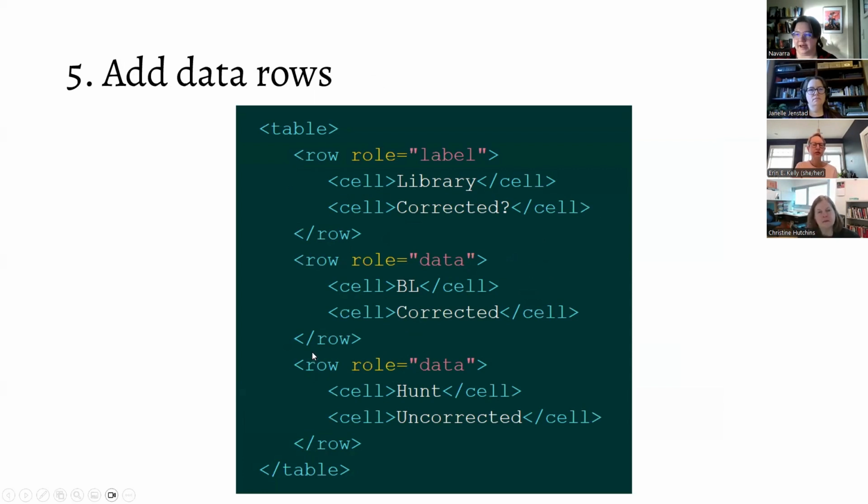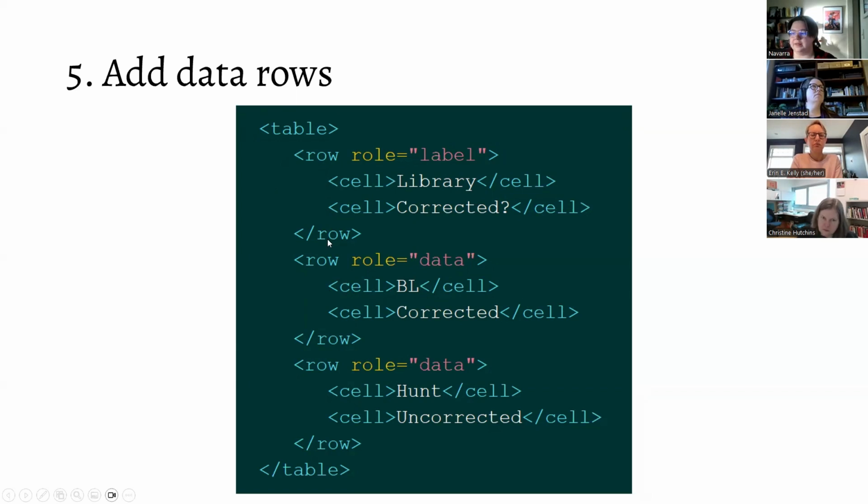Each row of data requires a row element. It requires the role attribute with a value of data. Then it needs to have the same number of cells as that first row has. If you only put in 1 cell inside of this row, you're going to get a validation error. And our schematron will prompt you, hey, you have an inconsistent number of cells. You need to have 2 cells throughout your entire table